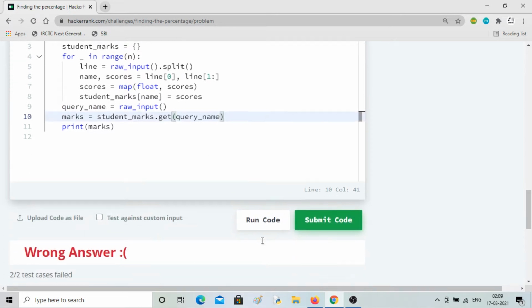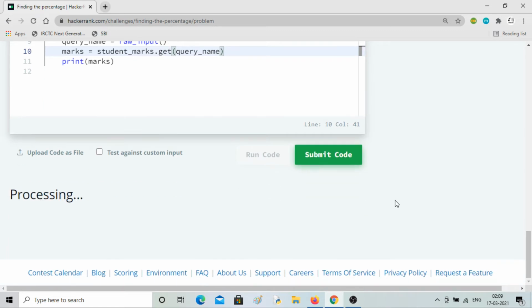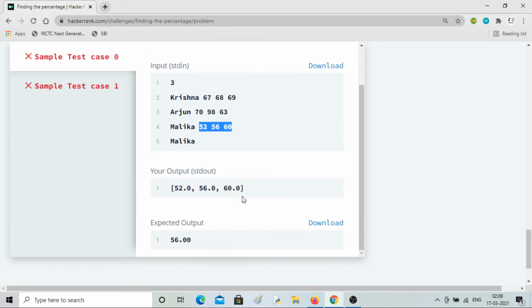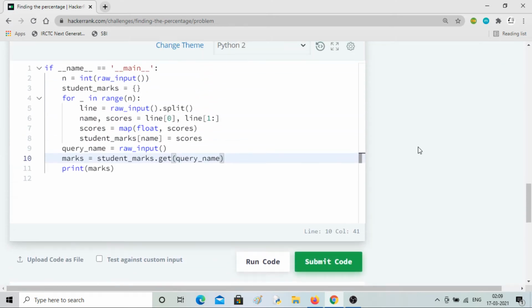Okay, and I've printed it just to show you. So you can see Malika was the query name, so it has extracted 52, 56 and 60. Okay, that's the output you can see. So that's the way to get the value.